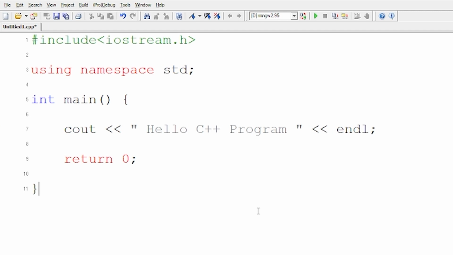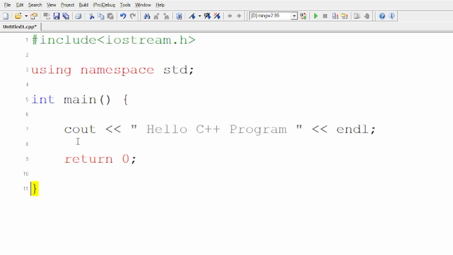Then we have the return 0. Int main returns something, but here we don't have to return anything. So I'm telling the compiler that return 0 means you have to return, but return me 0. That means indirectly I'm saying don't return me anything, and I have stopped the code. Now, an important thing here is that I have used curly brackets over here. Whenever the curly bracket starts and whenever the curly bracket ends, that is called the scope of that particular piece of code.